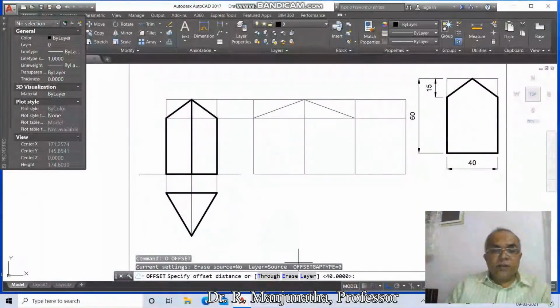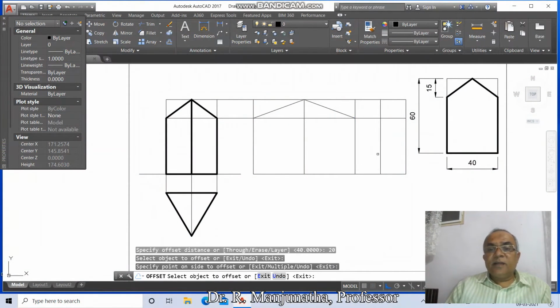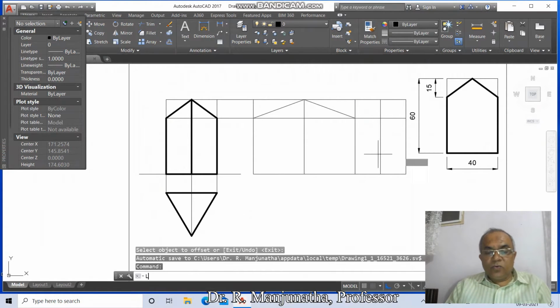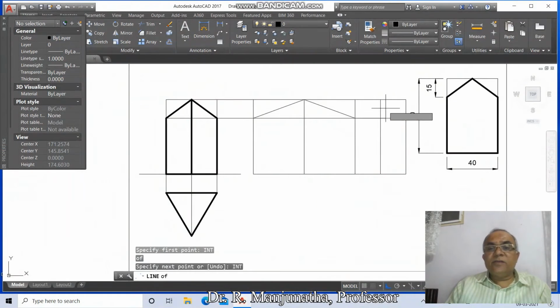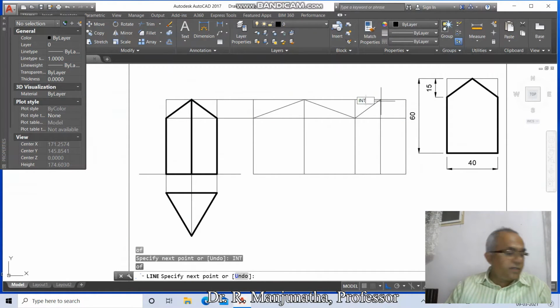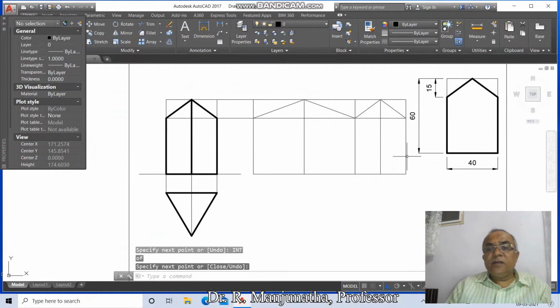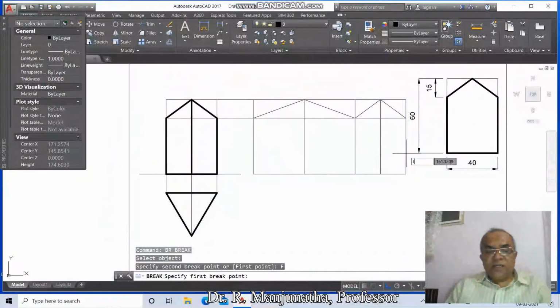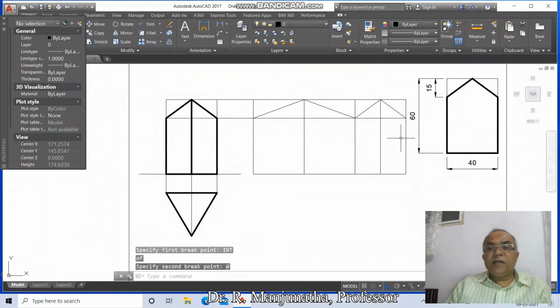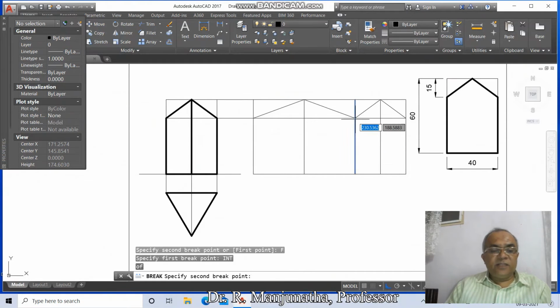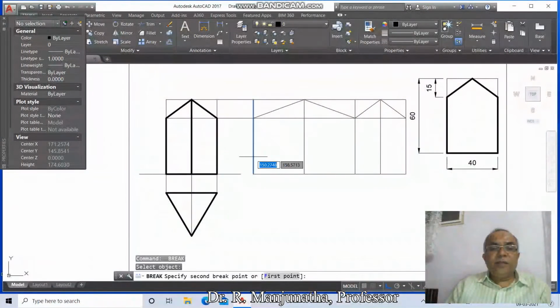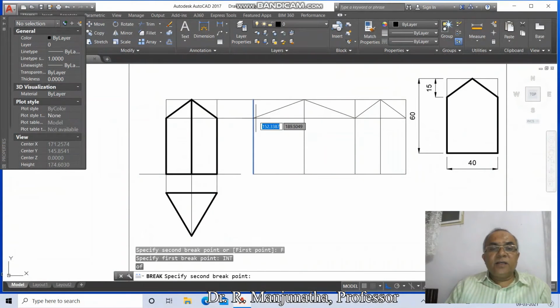So from here you take the offset, take the distance as 20, select this line and offset it here, then go to line, take int of this, and take intersection point of this, and then int of this. Then here you break this line till here, the first point int. Similarly break first point int of this and say at the rate, then break first point int of this and